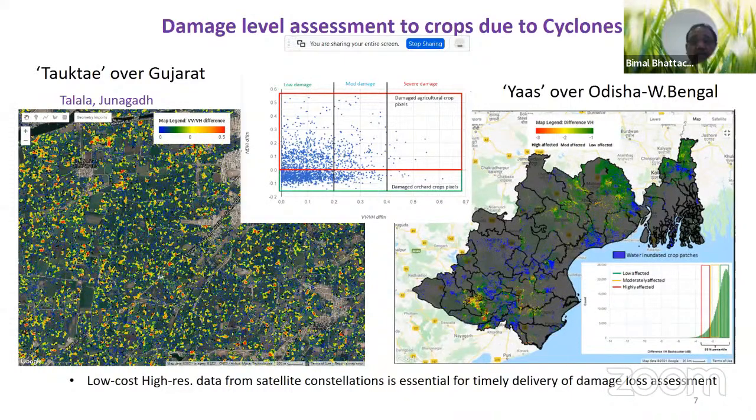But still, with our satellite data, though we are getting a 5 to 6 day interval, that is not enough. We need daily high resolution data. So constellations of satellites are very much required, for both optical data and radar data, so that the turnaround time from the occurrence of the event to the damage assessment given to the government is very, very crucial. If we delay for 15 days or 1 month, and give this information after 1 month, that is of no use to the government. But we have developed techniques to use the vegetation index and the backscatter and their anomalies to come up with these sort of plots, and then based on the plots, low damage, moderate